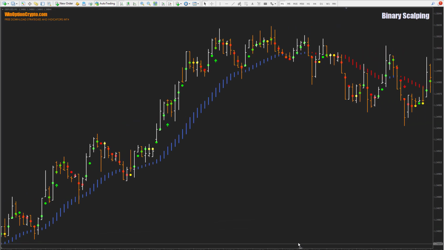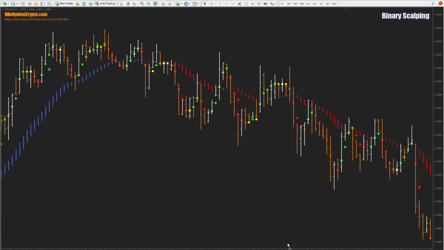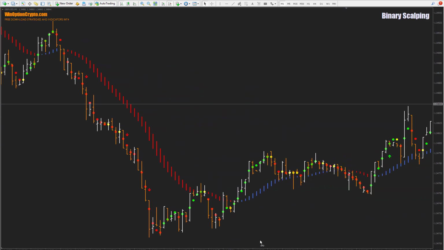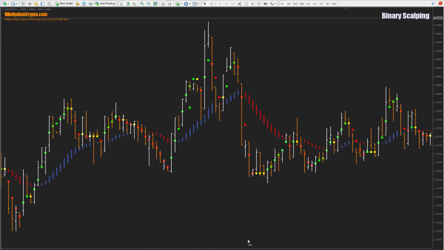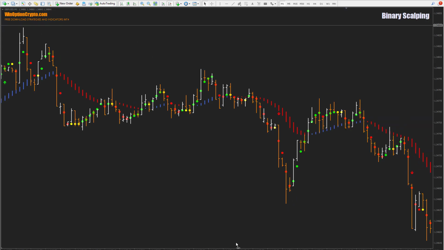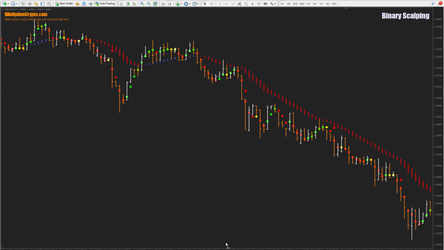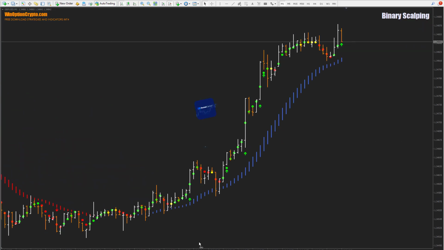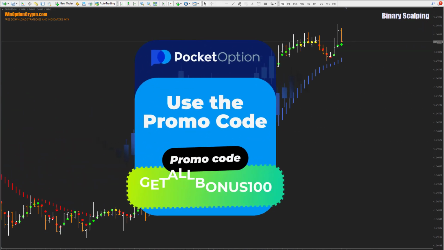Hello everyone. Today we will talk about the binary scalping binary options strategy. It generates trading signals using a unique proprietary indicator based on a custom smoothing function resembling an improved weighted moving average with the ability to suppress small price fluctuations and visualize the trend. In this review, we will tell you how to set up signals for this strategy to get the maximum profit